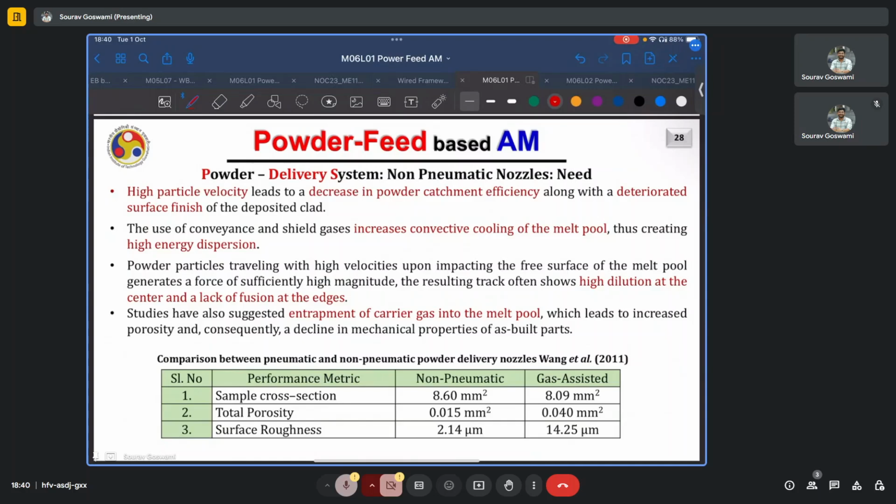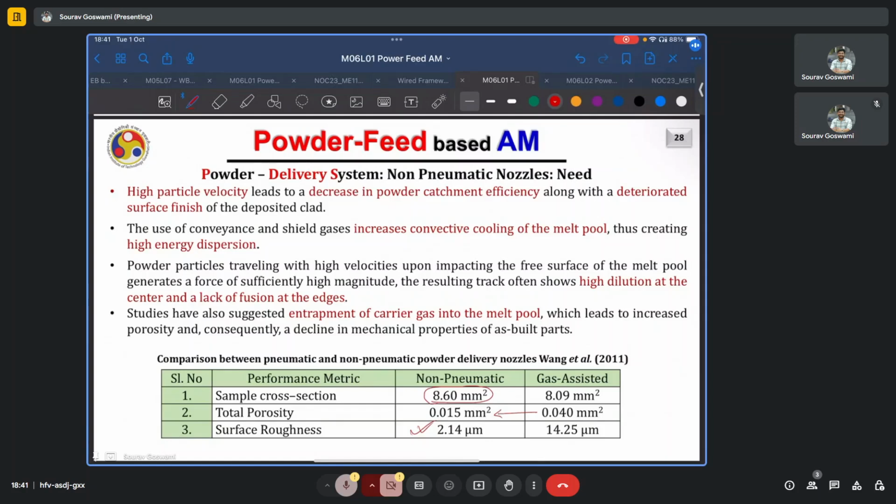And here there is a comparison for pneumatic and non-pneumatic powder delivery nozzles. We see that for the non-pneumatic case, the deposited cross-section was significantly higher. The porosity was also reduced by a great extent, and the surface roughness is an order of magnitude less. So this would present a very rosy picture, suggesting that non-pneumatic nozzles should be the industry standard rather than these